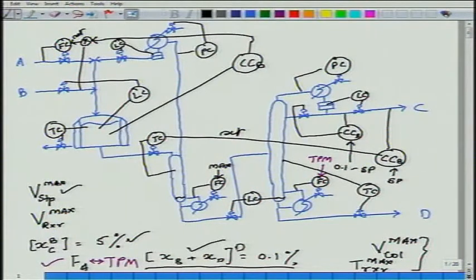Why did that become necessary? Because even in the product column, boil up is not in my hands for temperature control. Why is boil up not in my hands? Because I am using it as a throughput manipulator. Why am I using it as the throughput manipulator? Because this is the last constraint to become active. So this will be my gas pedal, low throughput, intermediate throughput, high throughput, max throughput. I will be pressing this gas pedal.